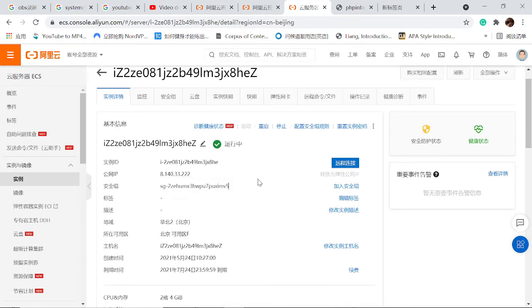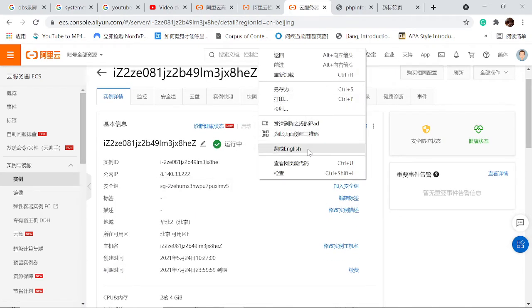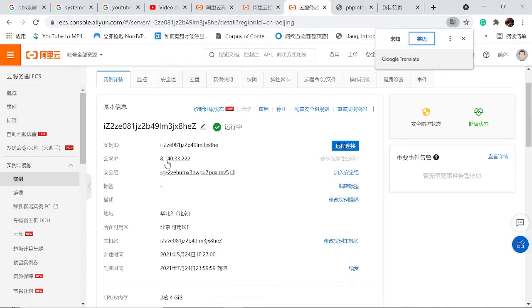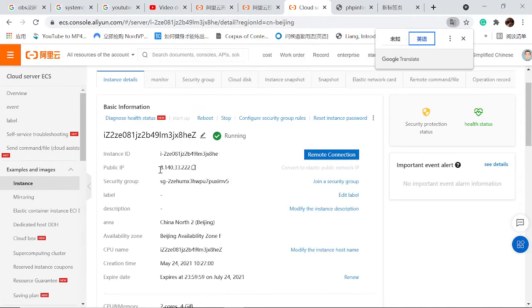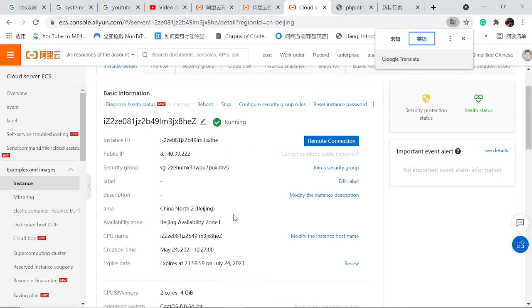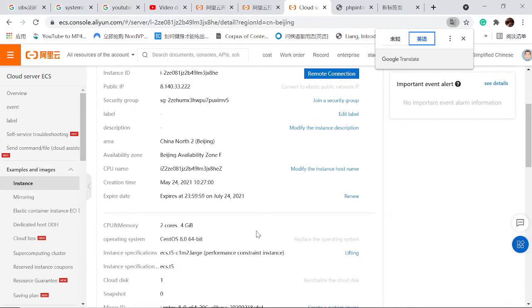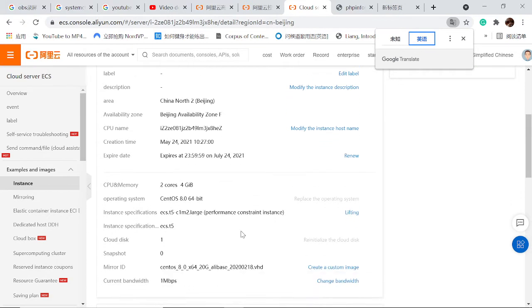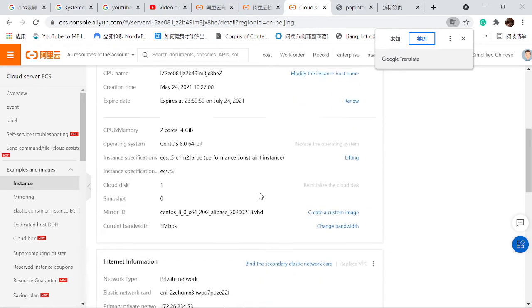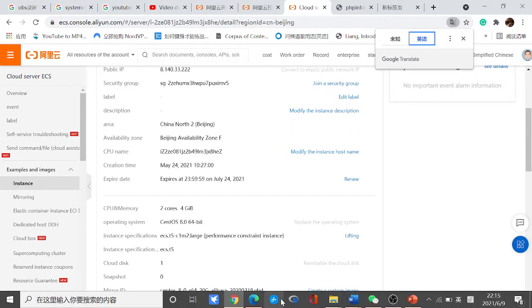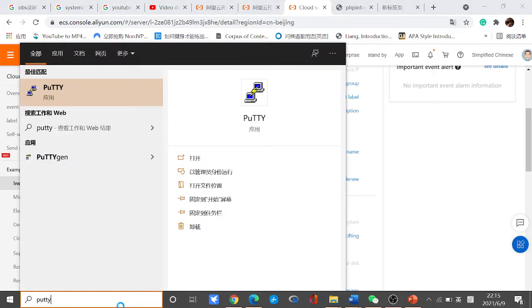And this Aliyun has a public IP of 8.140.33.222, and it is located in Beijing. It is a virtual server based on CentOS, and it is 64-bit. So what we have to do is first connect to this server, and we use